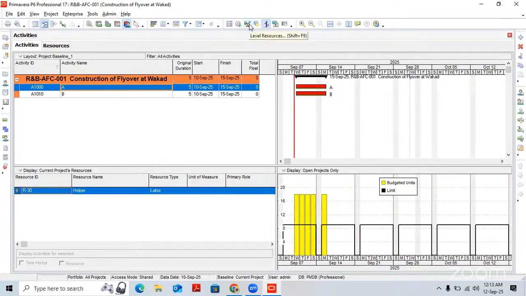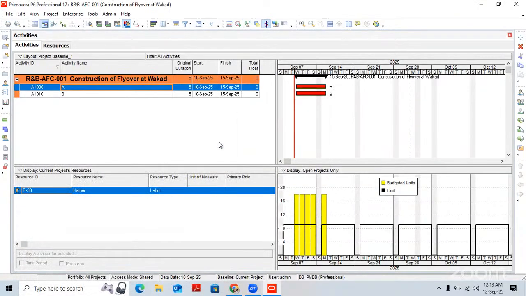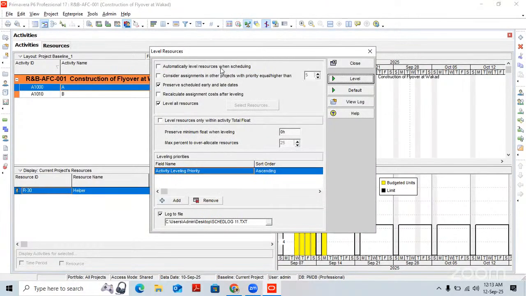If you level the resource, at that time, just observe what happened. Level. So here, there is no chance of leveling. So there you have to turn on some options. Which options? Go to the level, automatic level: automatically level resources when scheduling. At the time of scheduling itself, resources are leveled. Now, if I turn this on and level,